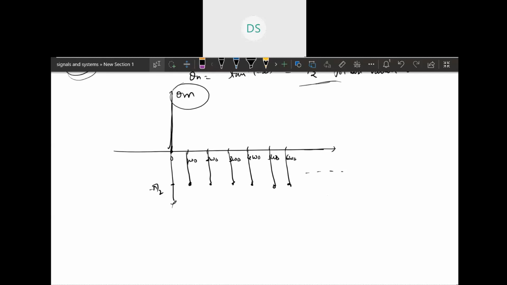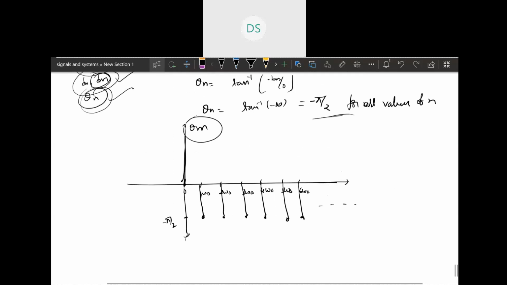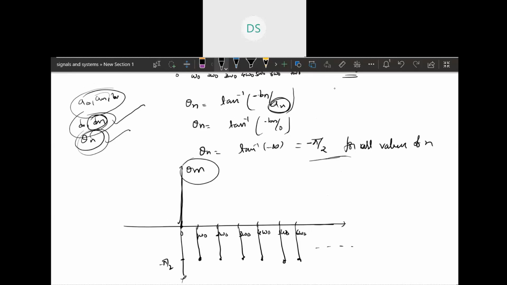It is very easy. In this question we got an equal to 0. In some questions we may not get an equal to 0. You will get some value for an and some value for bn. From this you will find dn equal to the square root of an square plus bn square. You have to write that an value also, then you will get the dn value. So it's simple. Now we'll see what is the exponential Fourier series.